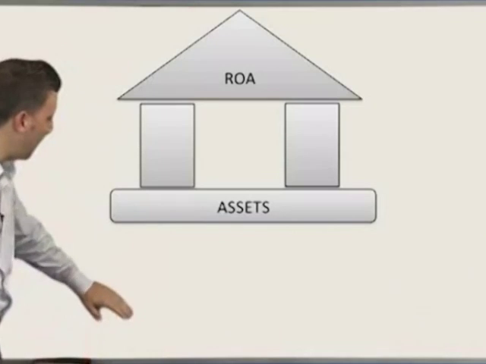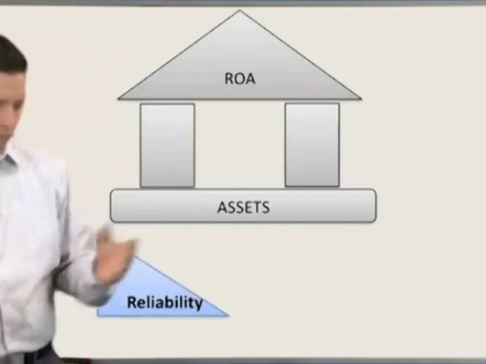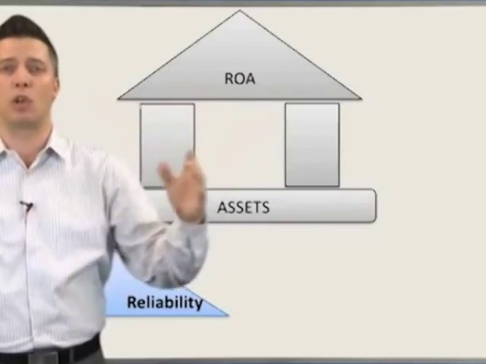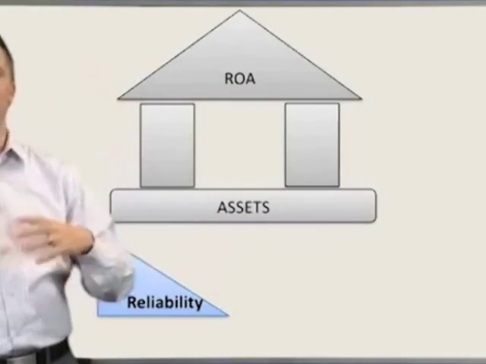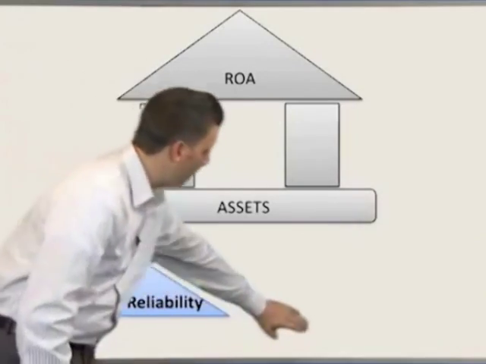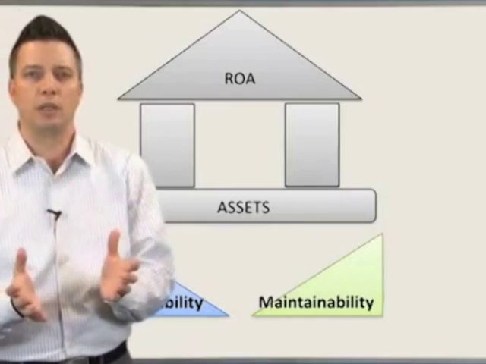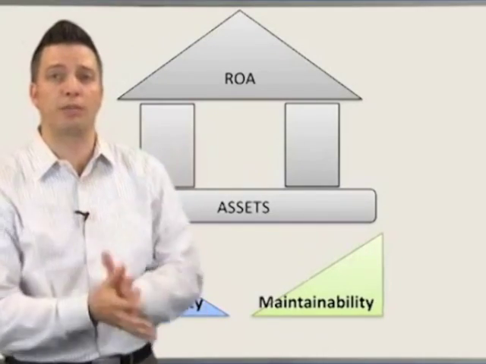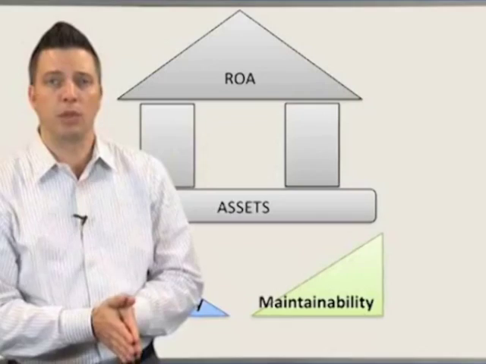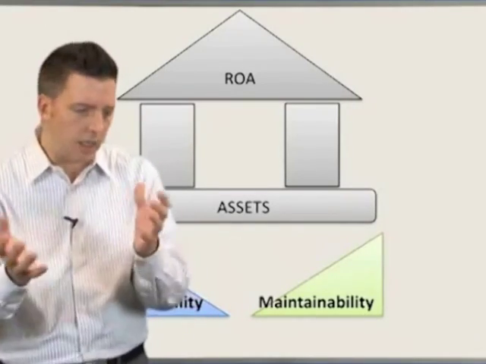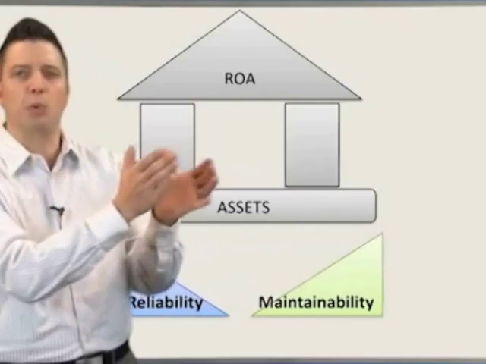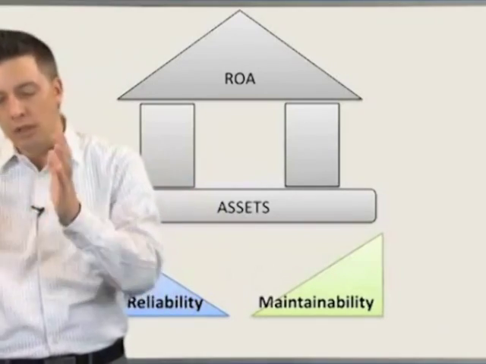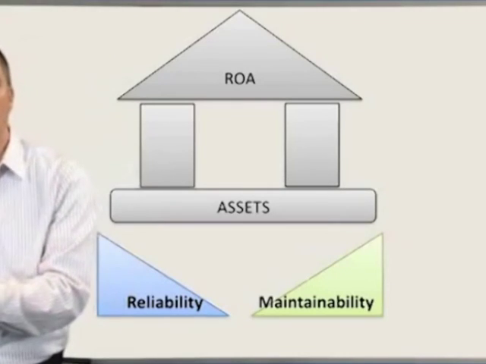The first cornerstone that we're going to add to our foundation is reliability. Reliability is very simply the average duration of time between performance losses, between downtimes, between breakdowns, between failures, coupled with our other cornerstone, which is maintainability. After your organization experiences a loss and it's not getting product volume through the value stream, how long does it take you to recover? Here we're talking about the maintenance process from the point where work is initiated, the time it takes to plan and schedule, the time it takes to obtain those materials, and finally the time it actually takes to execute the work.